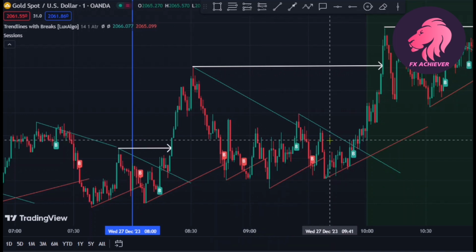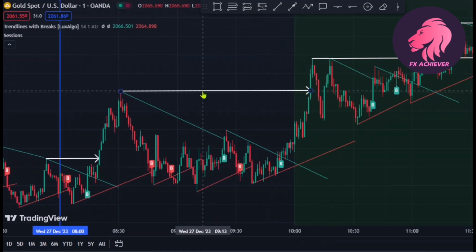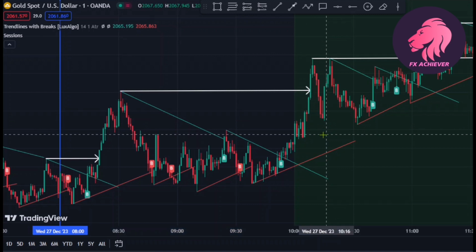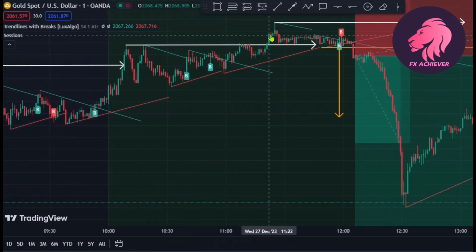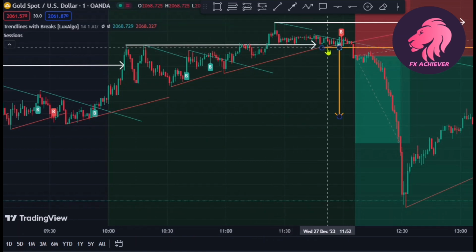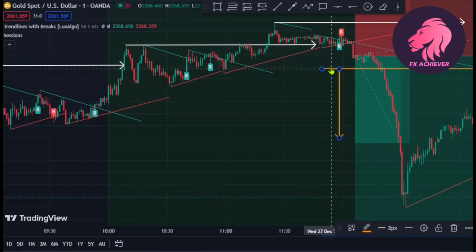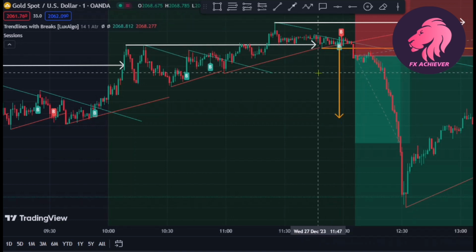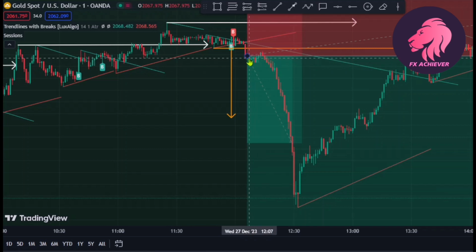A wick is not considered a break, and you can see price continues to go up, and it continues to break the highs. What I wait for is the first break of the lows, and as you can see here, this was the lowest point. It's got broken, and immediately as it gets broken, you can see it was broken by this candlestick here. As soon as it gets broken, the next candlestick I enter, and as I've entered here,